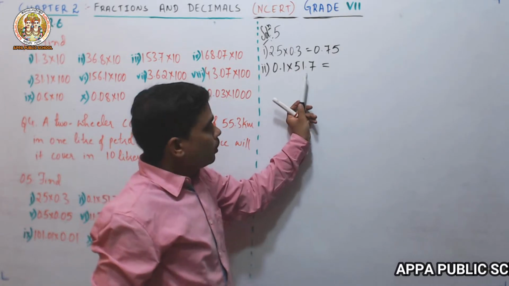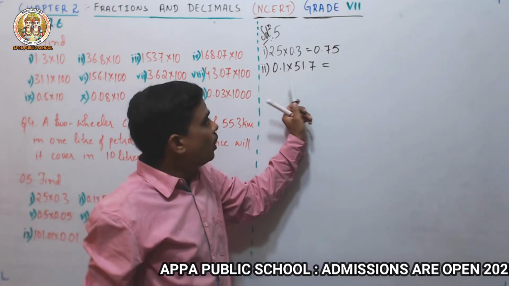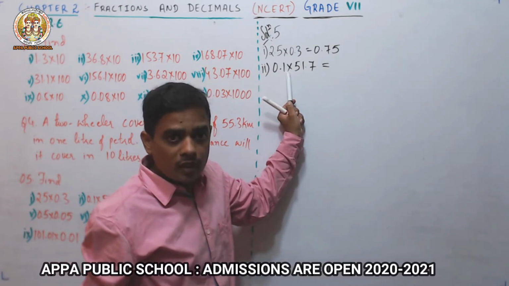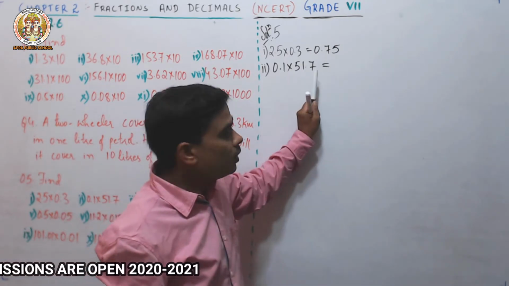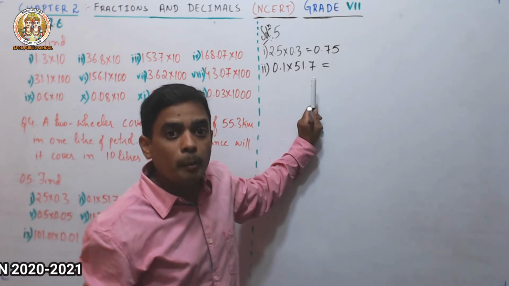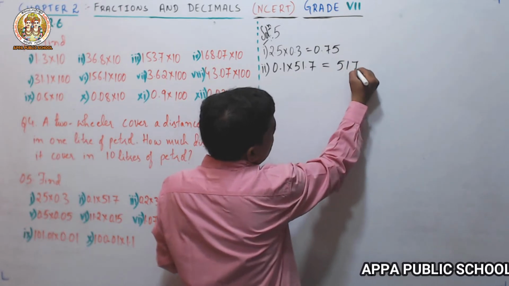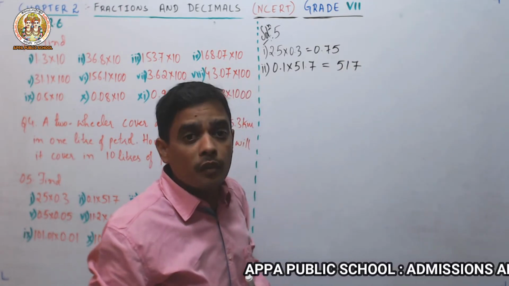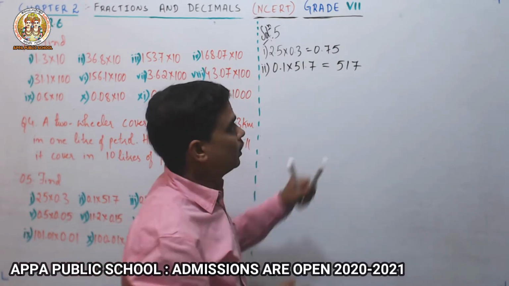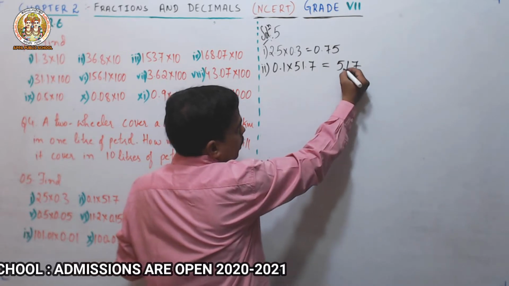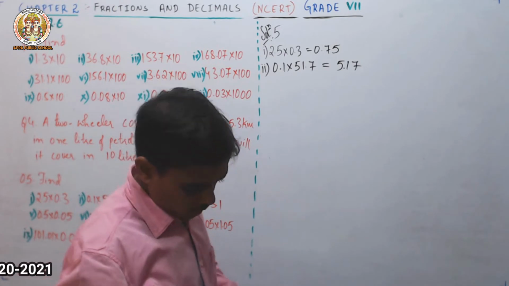Okay. So now next where to place a decimal point? That is here 1, here also 1. There are totally 2. After decimal point, how many numbers are there here? Only one number is there. Here one number, here one number. How many numbers totally? Two numbers. So I will show you directly multiplying 5 1 7. So how many numbers were there? Two numbers. You have to place the decimal point by two numbers counting from your right side. So this is my right 1 2. I place a decimal point here. Then it will be 5.17. Let us check it.